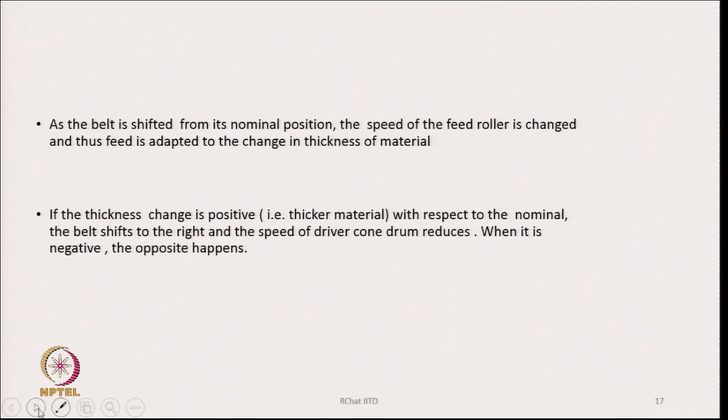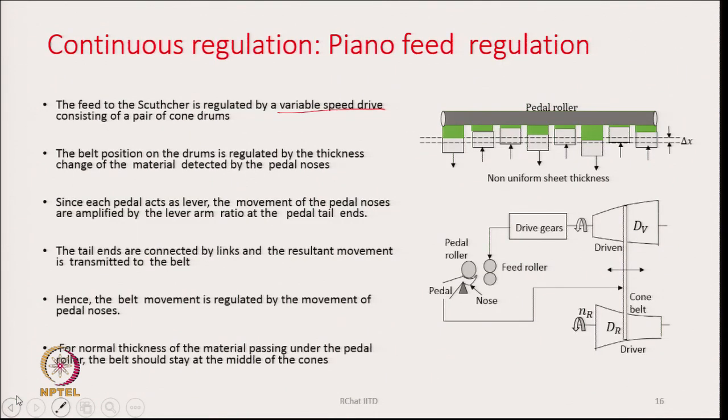That means, we are sensing the material here at the nose point, but we are controlling the speed of the feed rollers, which are these two rollers placed in front of it. Why do we do so? Because by the time I sense the thickness of the feed and take corrective action, because there is inertia of the entire mechanical system, the material will already have moved forward, because the material is moving continuously.